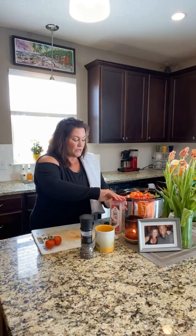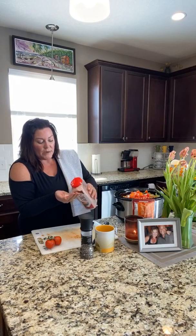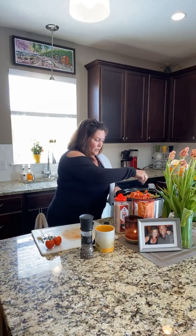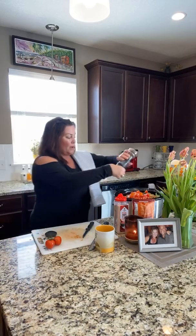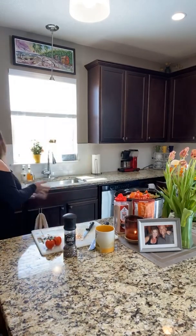Just a skosh of salt. This is Himalayan salt. I don't want to get too much. You know, we have salt in the tomatoes, so we certainly don't need to be adding any more. And let's go ahead and go with fresh cracked pepper. Great. Let's get this